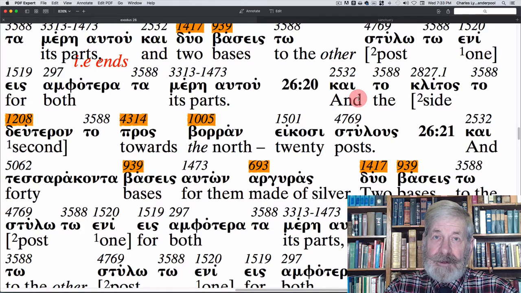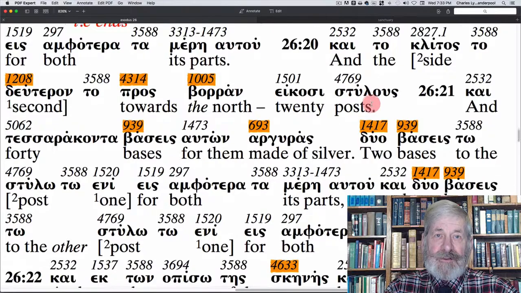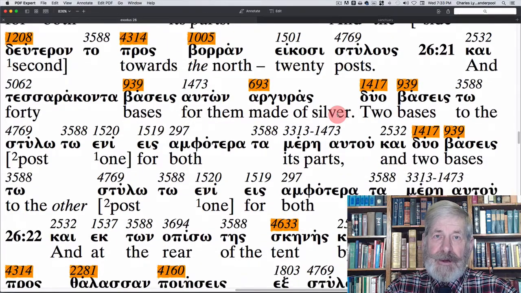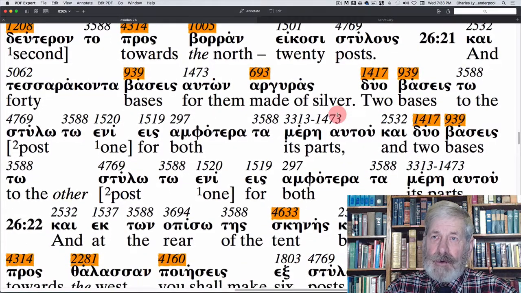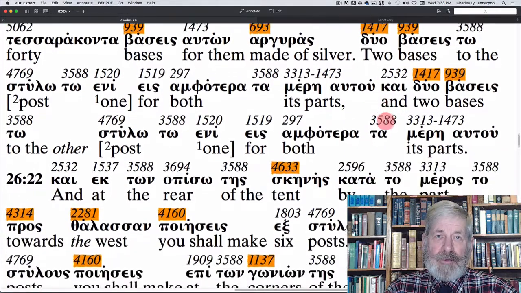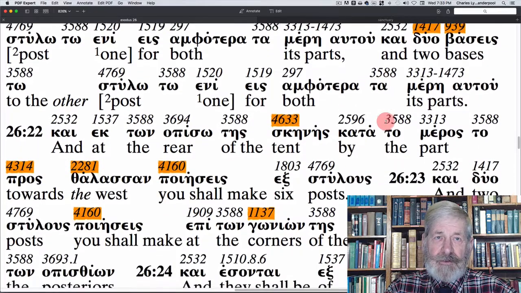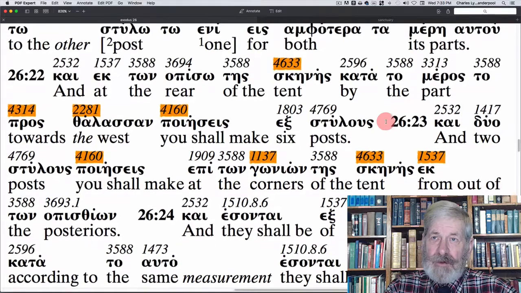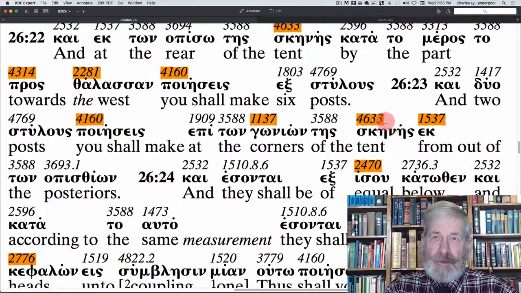I'm frustrated because it's just difficult for me, but anyway. And the second side towards the north, 20 posts. So anyway, we know there's a northern and a southern part, and 40 bases for them made of silver. 2 bases to the one post for both of its parts, and 2 bases to the other one post for both its parts. And at the rear of the tent, by the part towards the west, you shall make 6